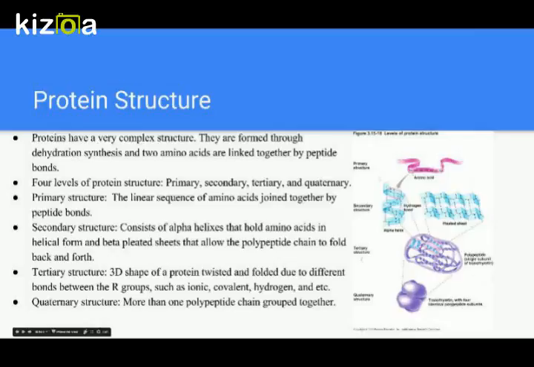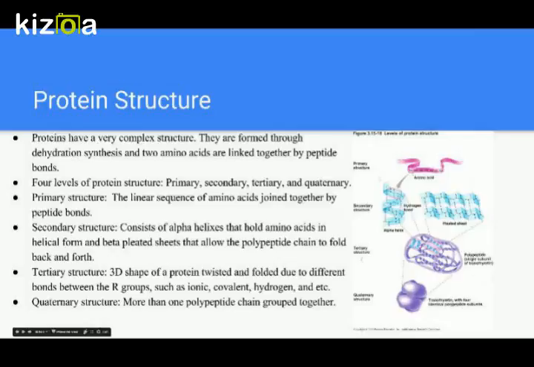Protein structures. Proteins have a very complex structure and are formed through dehydration synthesis, with amino acids linked together by peptide bonds. Overall, there are 4 levels of protein structure. The first is primary structure, which is the linear sequence of amino acids joined together by peptide bonds. The second is secondary structure, which are alpha helices holding amino acids in